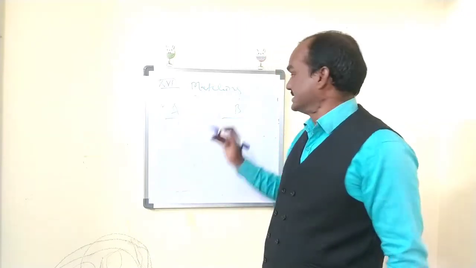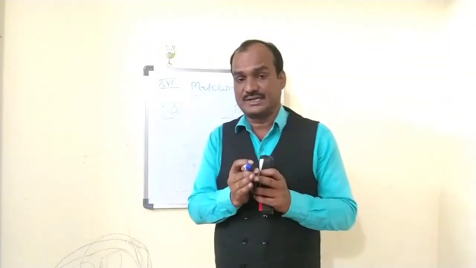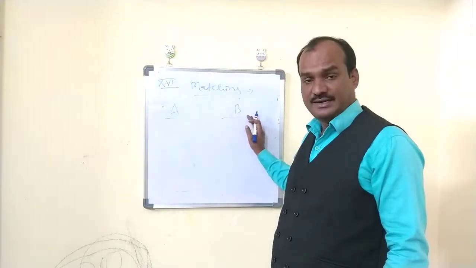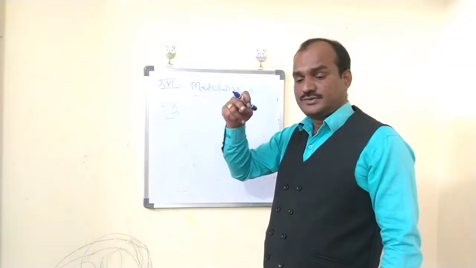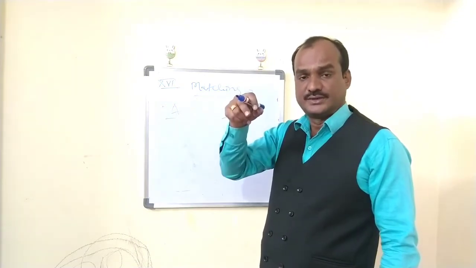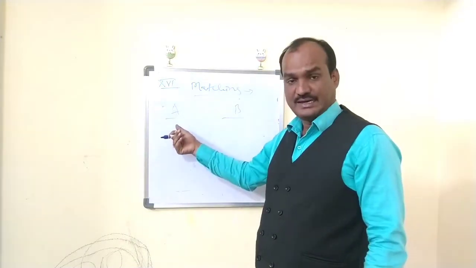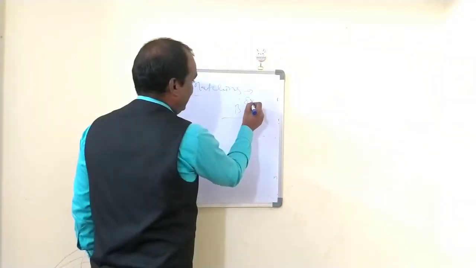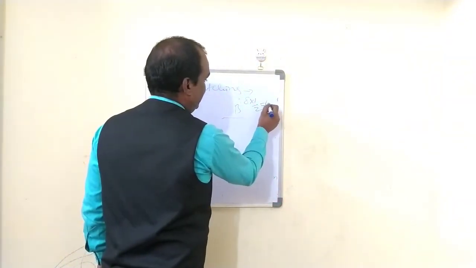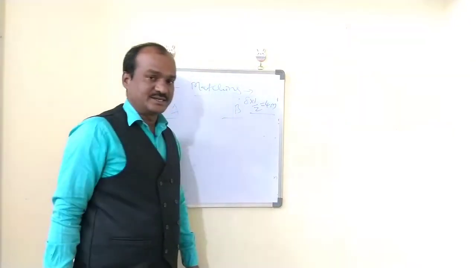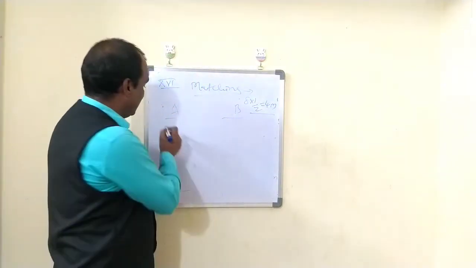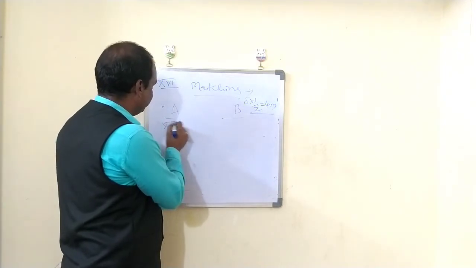So it is called matching, right? From the textbook itself, some words are given in column A and their meanings are given in column B. We need to choose the meaning of the word in column A from column B. That is matching. Matching carries 4 marks, right? This is bit number 16. And bit number 17 is